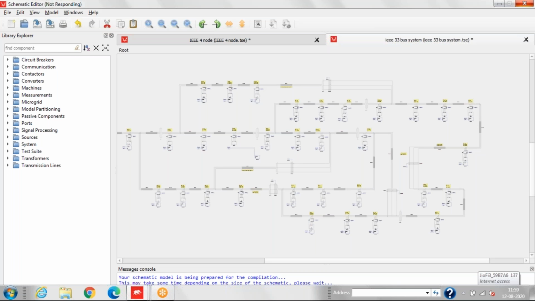Any query up to this you can ask. While it is compiling, we can discuss the query.